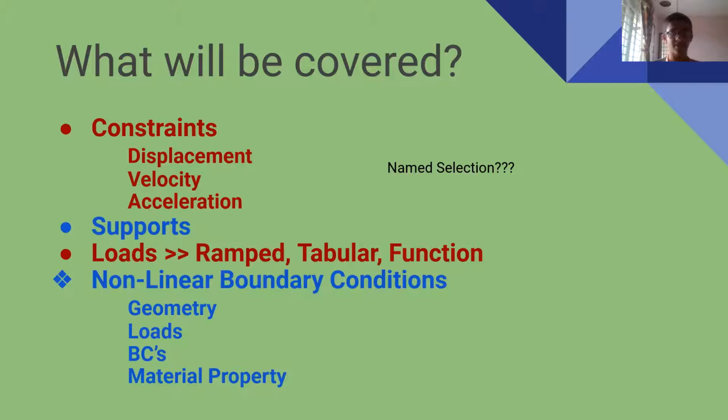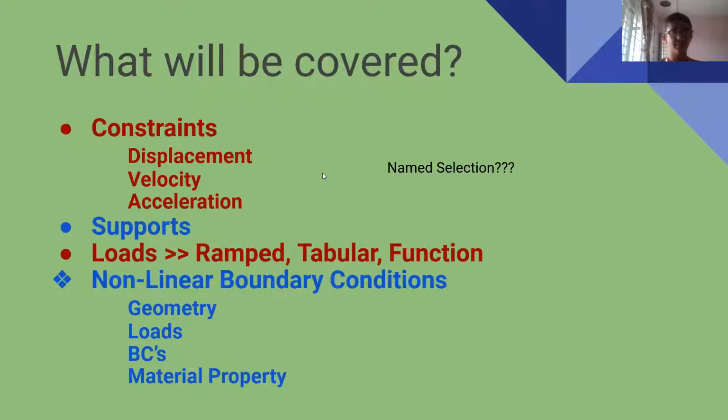This is a very special case, and I think it's very important for you to understand where the non-linearity occurs, how to handle the non-linearity, and just have a perception of what the non-linearity in your model will affect. And we'll also look at what the name selections are. So let's start with it.